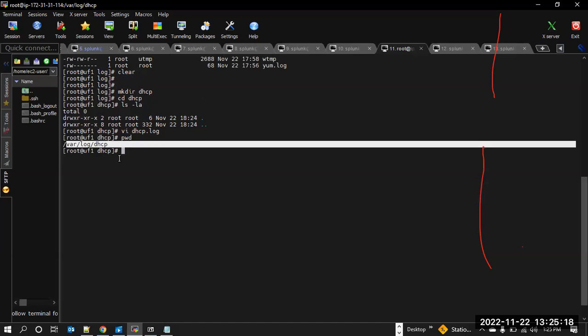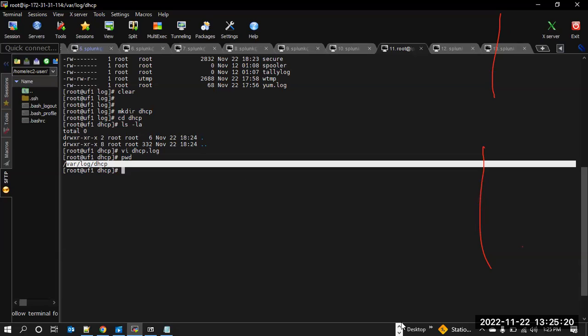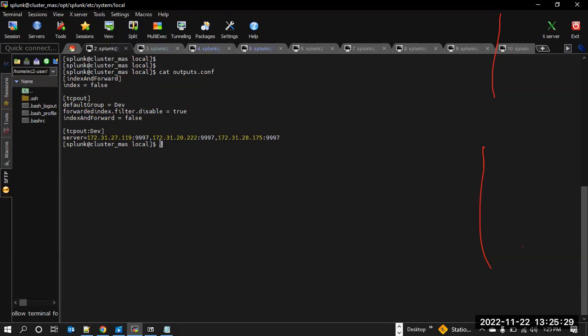So next thing I have to do is, before we continue, let me quickly go back to my indexers first, or my cluster master first. So here in my cluster master, I need to create an index that I will need to push to the indexers. Where am I? pwd, I'm in the system local, but this is not where I need to create it. Anything going to the indexers needs to be created inside the master apps. So I need to cd